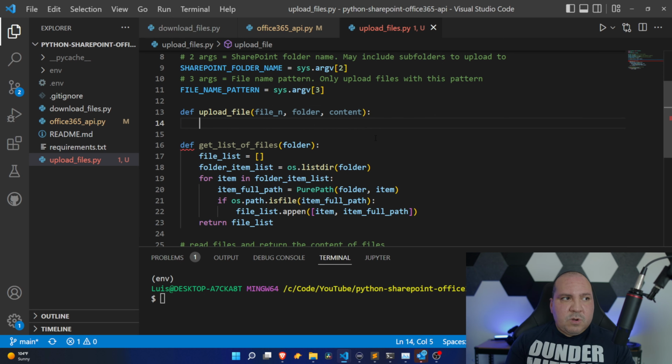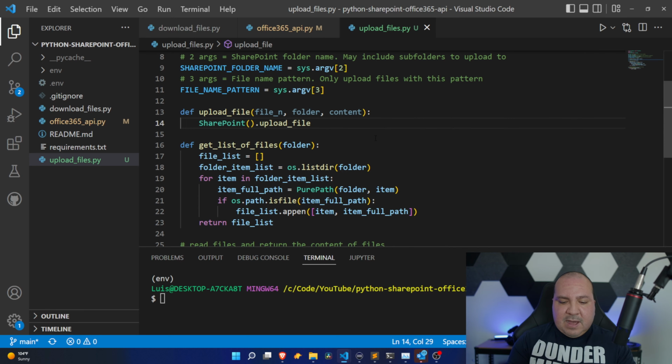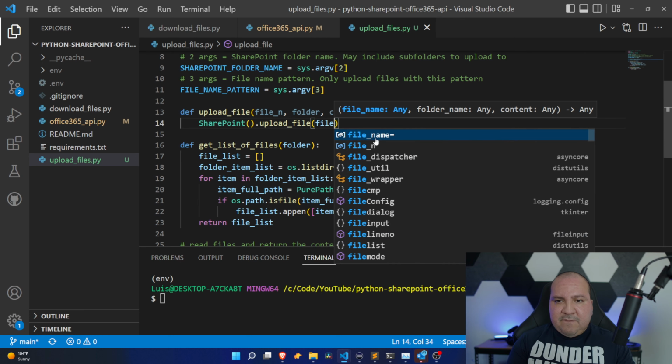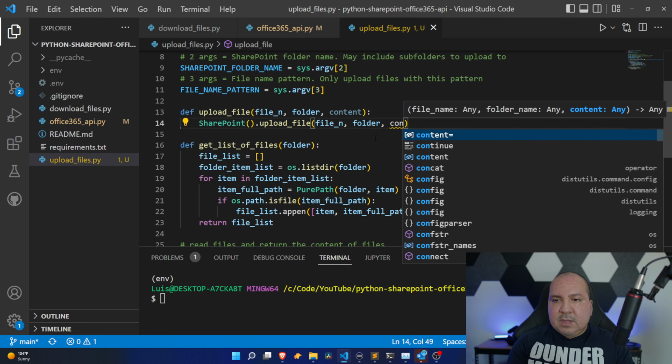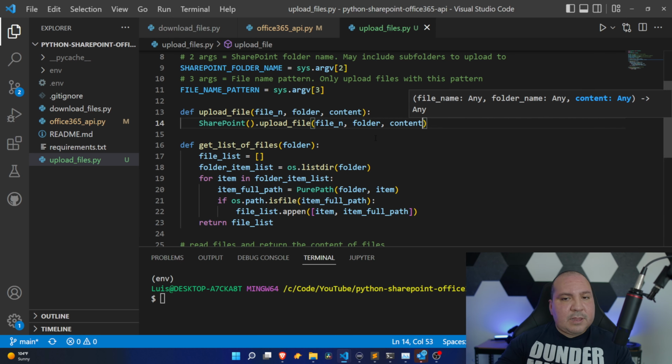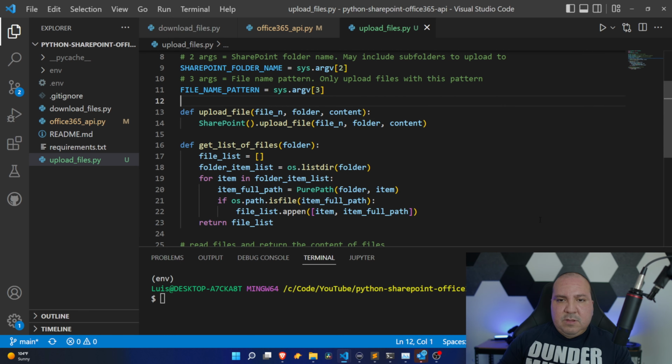In this case, we're going to end up calling SharePoint dot upload file, and then we're going to pass in file name, folder, again the SharePoint folder name, then of course the context. That's all we need to pass in here to upload file. And again, this function ultimately is calling the SharePoint,